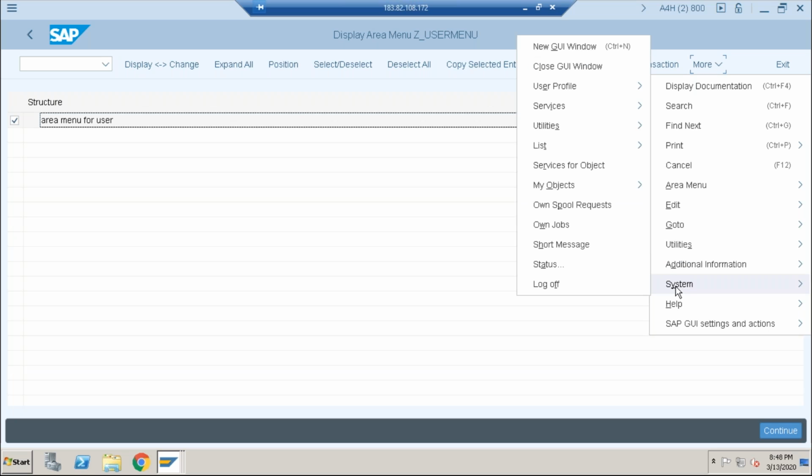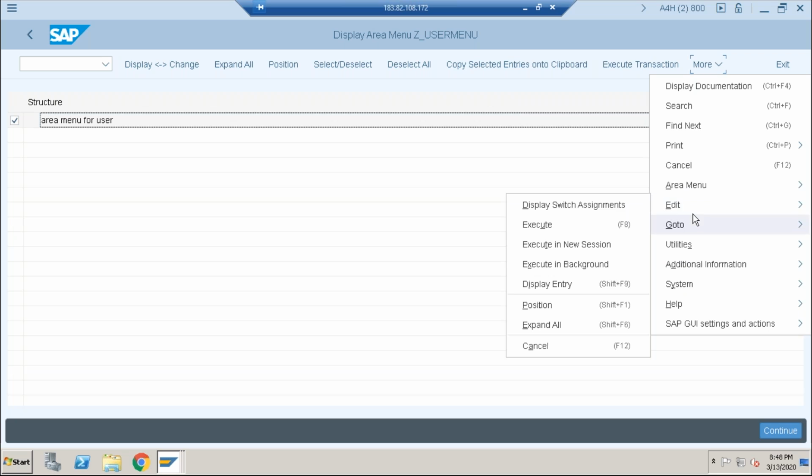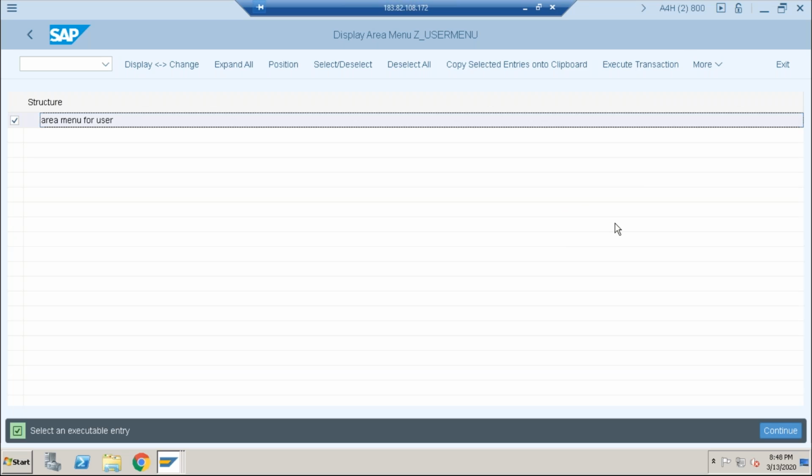You can execute the transaction. So you have to add the transaction code. You can execute. If you add, you have to use inserting as an option. I think this is the display or change button again. But you click on change, again display. Just click on display.